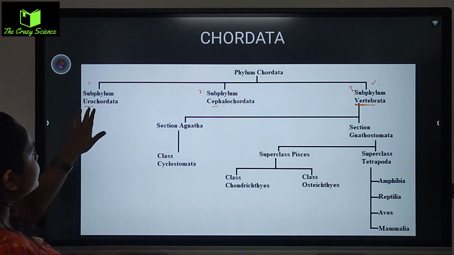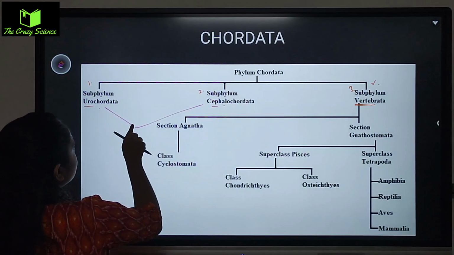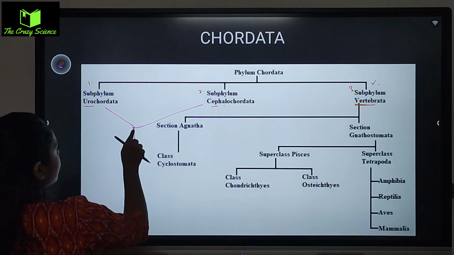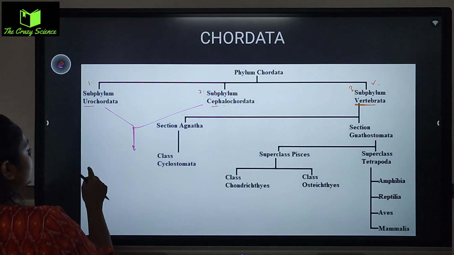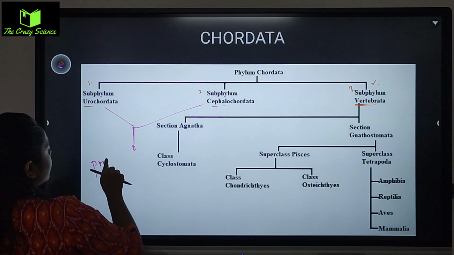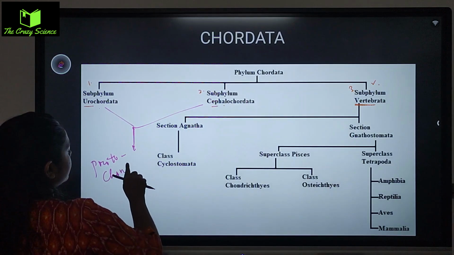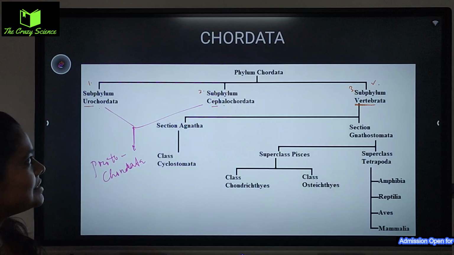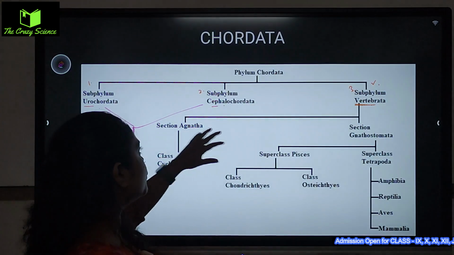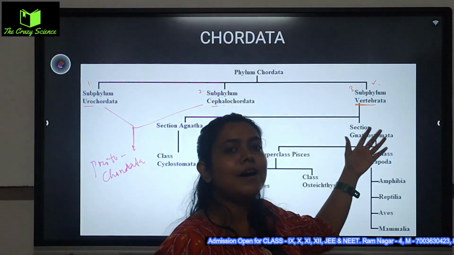All right. So Urochordata and Cephalochordata, both together called what? Both together are called Protochordata. They are together called Protochordata. Okay? And Vertebrata don't have further division like that, but the division is there in the advanced Vertebrata,